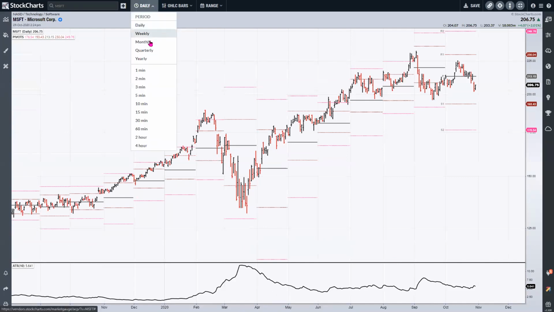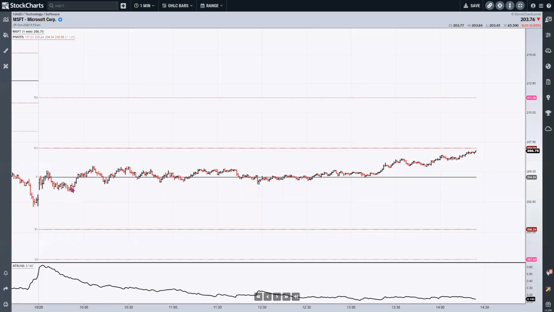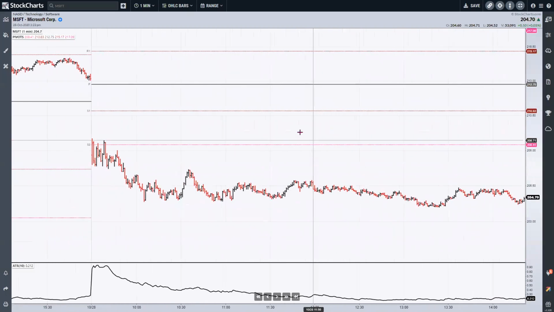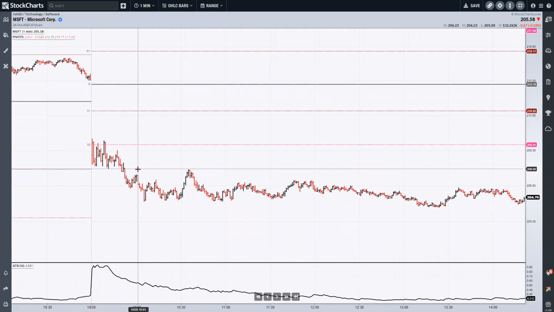If we go down to a 1-minute chart and go back to the day it reported, look how clean that is. In the first 5 minutes where you had your low, 1, 2, 3, 4, 5, it didn't really break down, so we had to go all the way to the 30-minute OR low. The 30-minute OR low was at